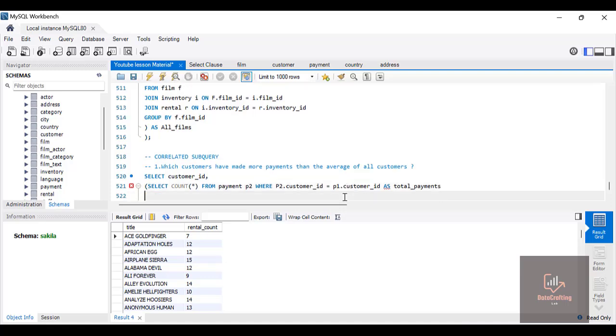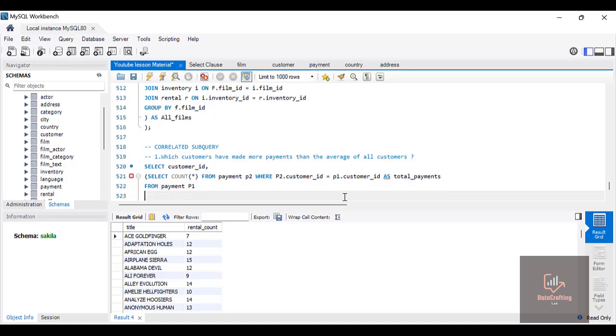From payments table. Which of the payment tables? P1 is giving us a red sign there. Let me see where the error is. Count from payment. Now, let me close parentheses here. Okay. So payments table 1,